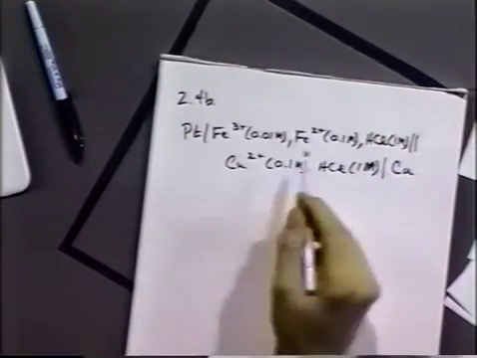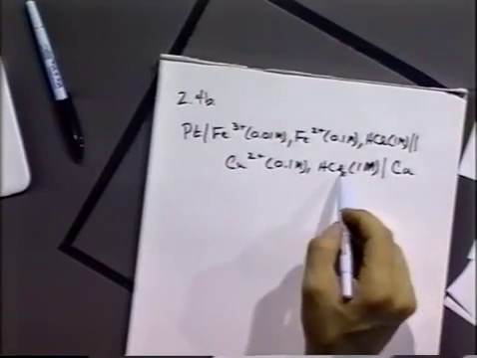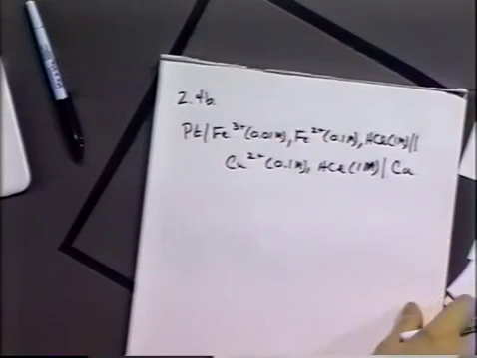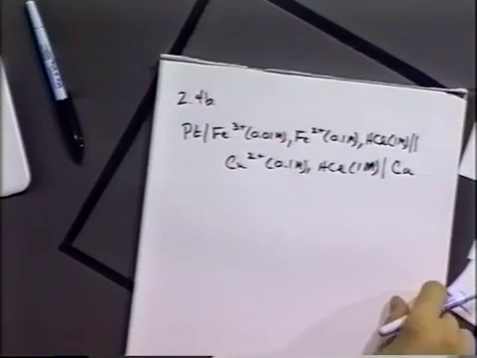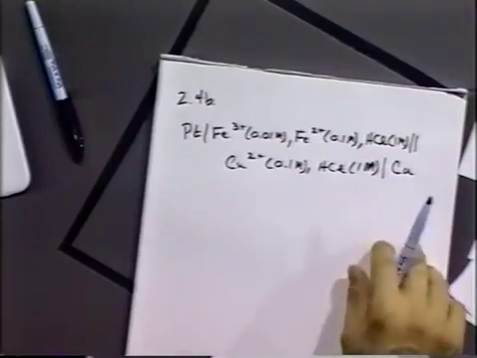Okay, so you have iron 3+, iron 2+, copper 2+, and HCl in the system. They're asking what's the overall cell potential. They're not asking in the question what's the E0 for the reaction. They're actually asking what the cell potential is as it's written. So you can distinguish that from a standard cell potential, which would be the E0s of the system,